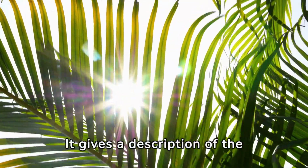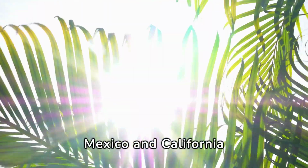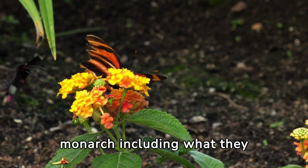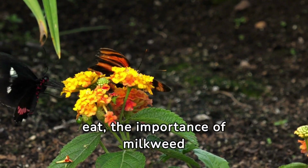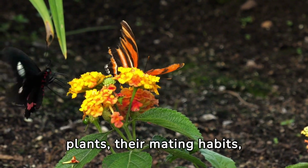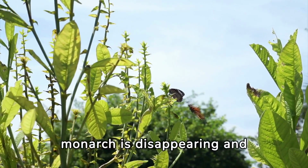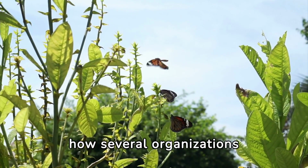It gives a description of the famous migration of the monarchs to Mexico and California every year. It tells of the habits of the monarch, including what they eat, the importance of milkweed plants, their mating habits, and other interesting facts. It will list the reasons why the monarch is disappearing and how several organizations are working